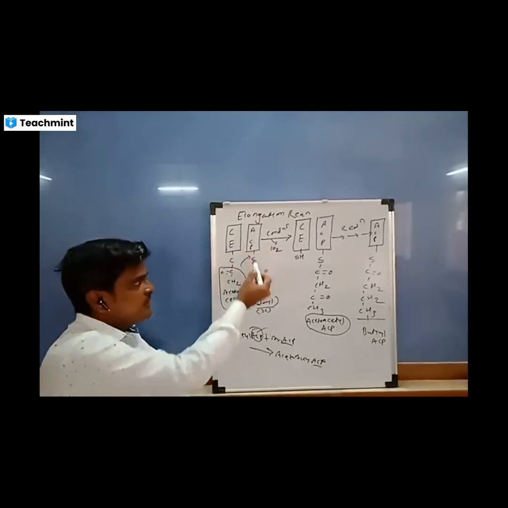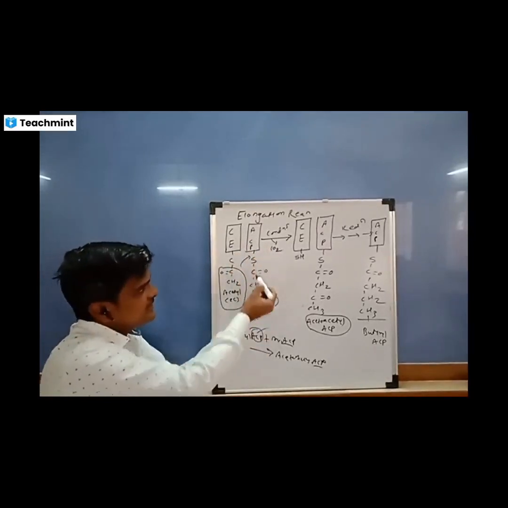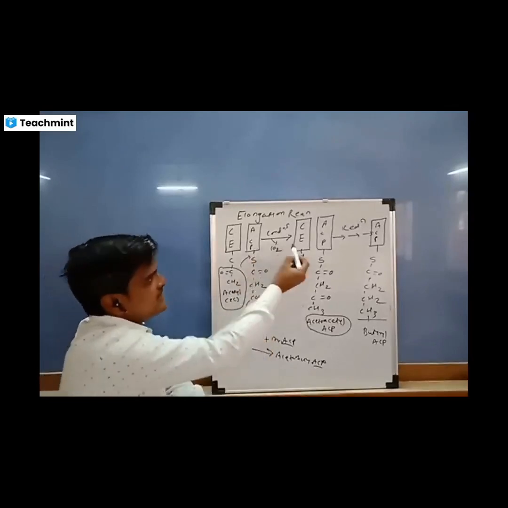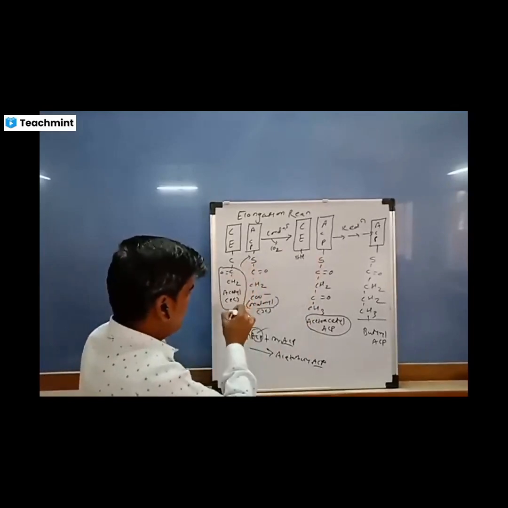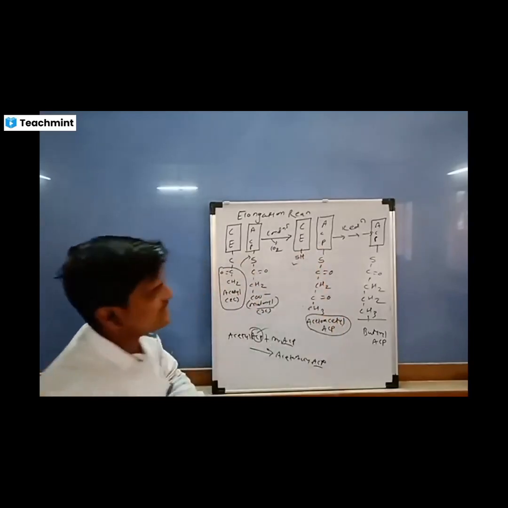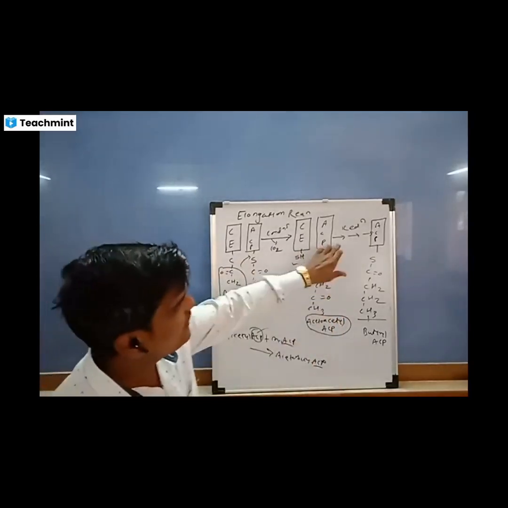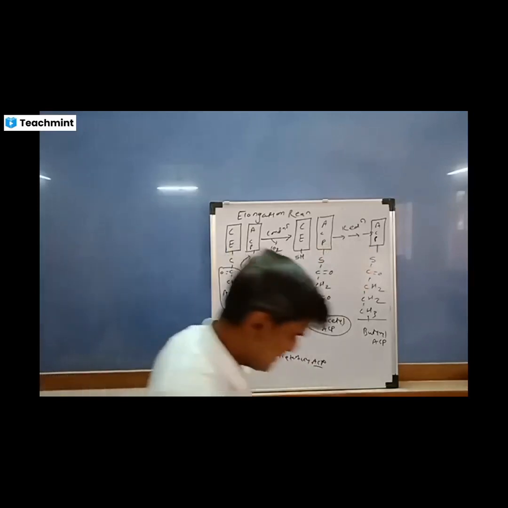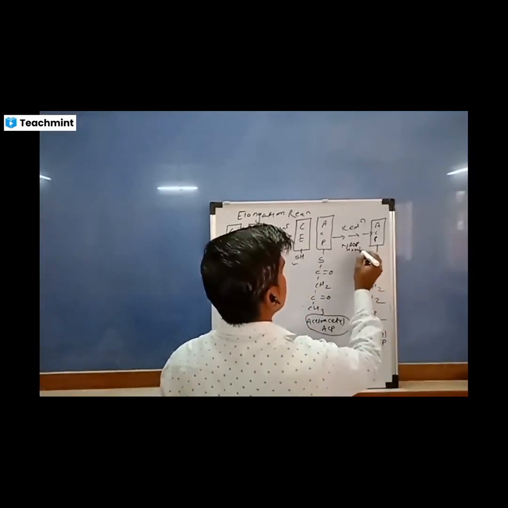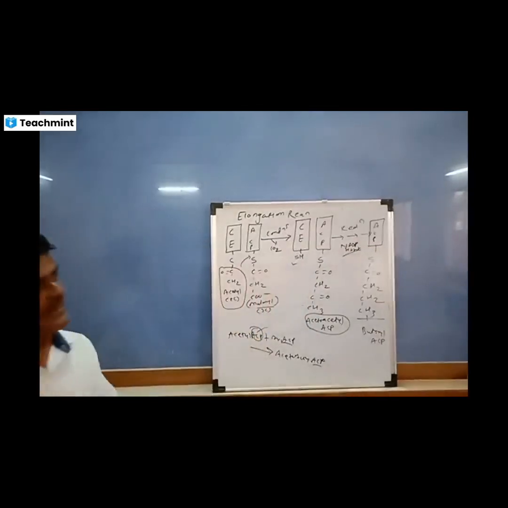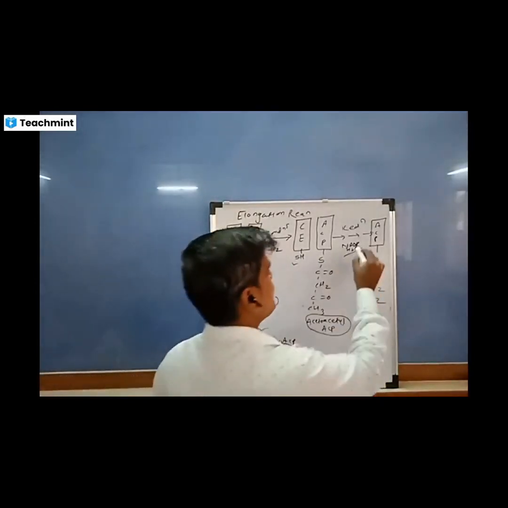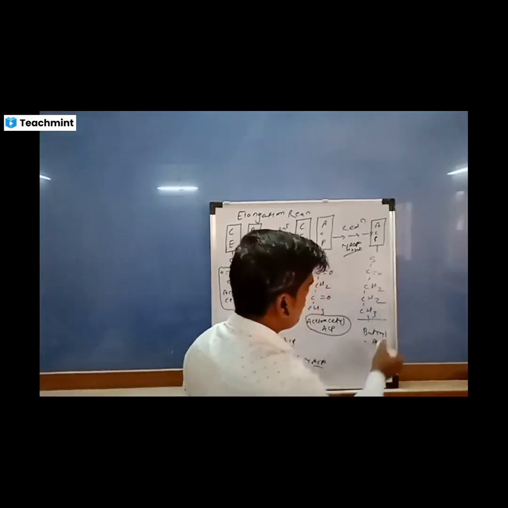This acyl carrier protein is ready for the elongation round. It contains the 3 carbon structure, C double bond O CH2 CO, malonyl ACP, and the condensation reaction is completed. The intermediate from condensing enzyme is easily shifted onto the ACP group. So this site is restored as it is, and acetoacetyl ACP is formed, followed by a series of reduction reactions. Means in this reaction there is addition of NADPH plus H plus. So 2 NADPH are added in 1 round of elongation. So 7 rounds utilize 14 NADPH plus H plus. So like this, the 1 round is complete up to formation of butyryl ACP.